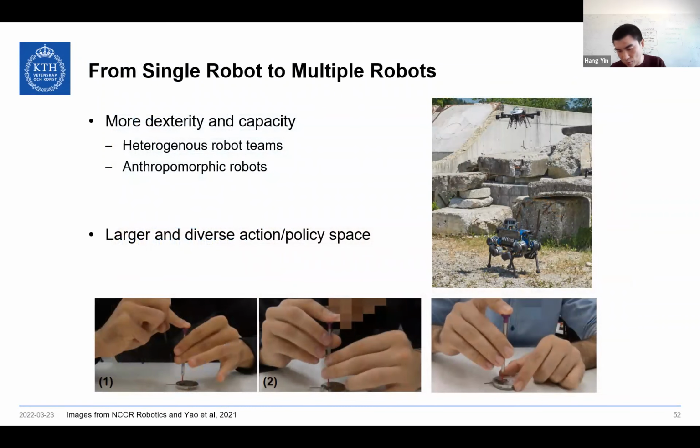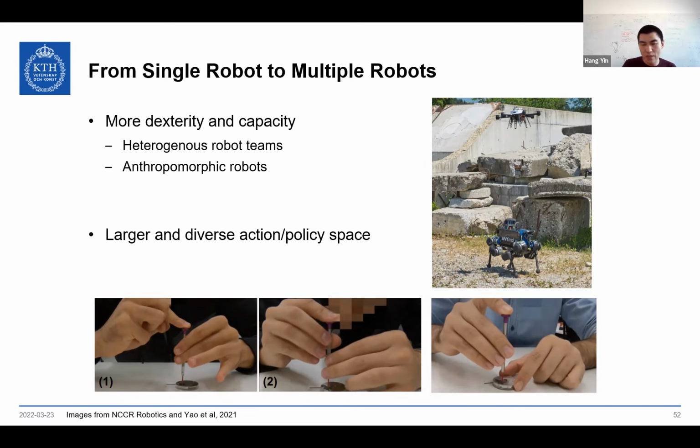So okay, then I will move on to a bit more recent work. Let's talk about more than one robot, and people can imagine that with multiple robots we can probably do much more powerful stuff. Even with just two end effectors, if you coordinate them properly, you can imagine doing some really fine manipulation task, even something like watchmaking. But this definitely comes with a cost, in that you have more degrees of freedom to control now,